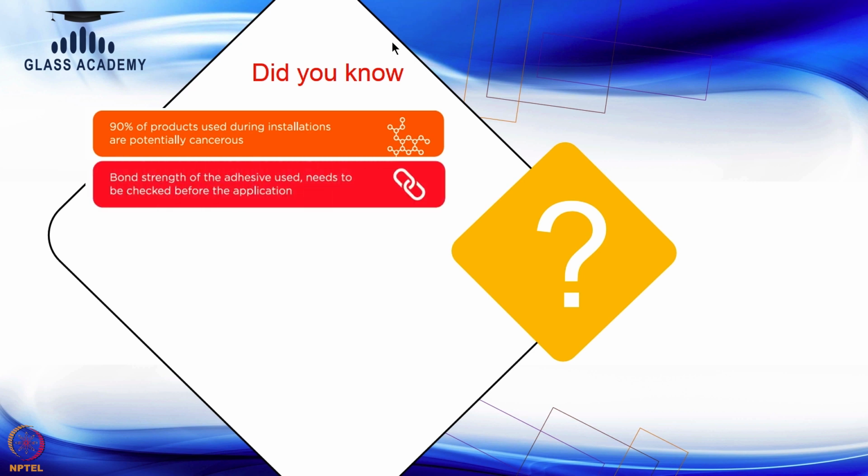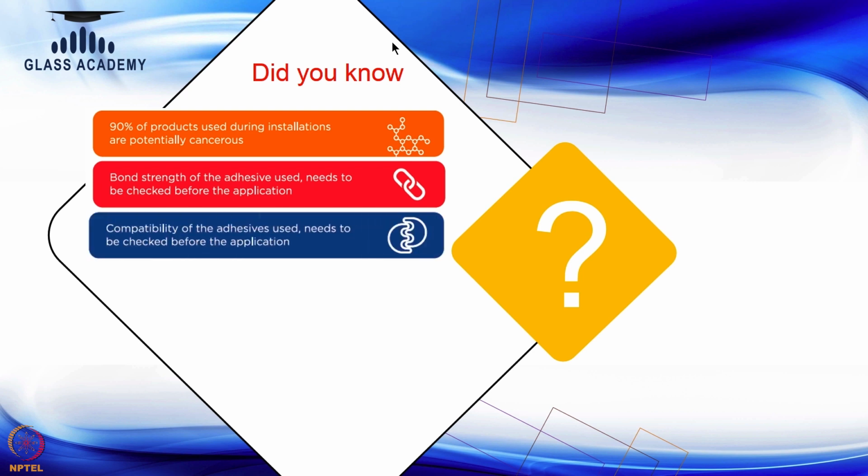The second component is bond strength. While fixing a glass, bond strength is a very critical element to look into, because if the strength is not proper, the glass will come down after a period of time, resulting in glass cracks or even glass breakage. The third element is compatibility, which is again the most critical element of these glass fixing solutions. If the glass fixing adhesive or the tape being used is not compatible with the back paint, it will take off that paint and result in a bad aesthetic appeal of that interior structure.